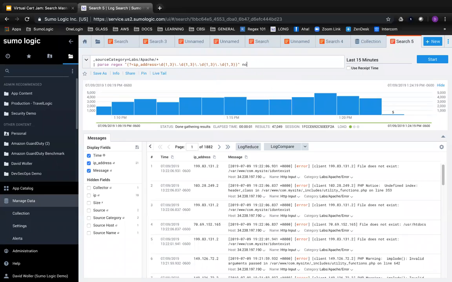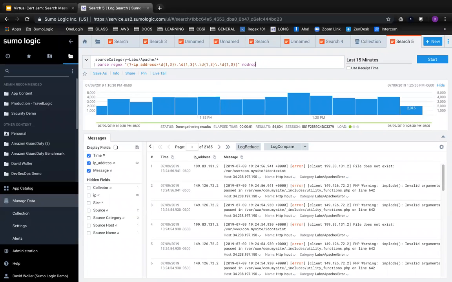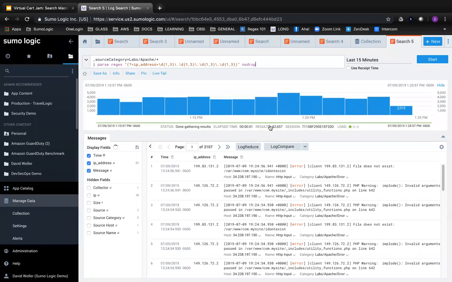And then for all parsing, including the anchor parse, which we'll show in a moment, we also have the ability to modify our parses with this no drop clause. By default, all of our parse statements are going to discard or drop any messages that don't match the parse pattern. In this case, it's this IP address regular expression. So if it doesn't appear in the log message, then we don't get those results back. But if we add no drop, then it's going to increase the number of results that we get